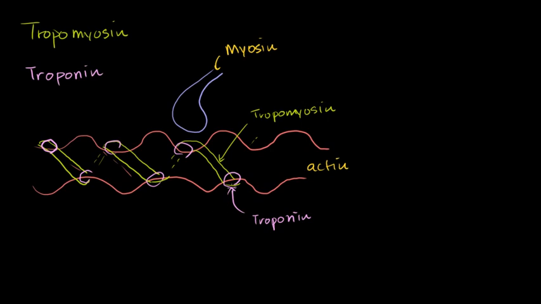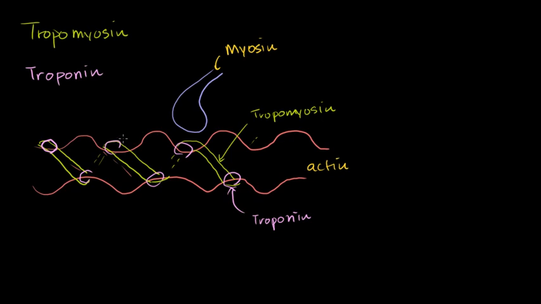So you can imagine the troponin is kind of like the nails into the actin. So it dictates where the tropomyosin is. When a muscle is not contracting, it turns out that the tropomyosin is blocking the myosin. I've read a bunch of accounts on this, and I think this is still an area of research. It's not 100% clear one way or the other. Tropomyosin is, or maybe both, blocking the myosin from being able to attach to the actin where it normally attaches,